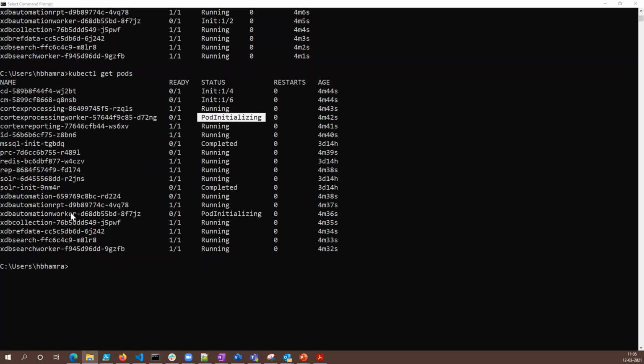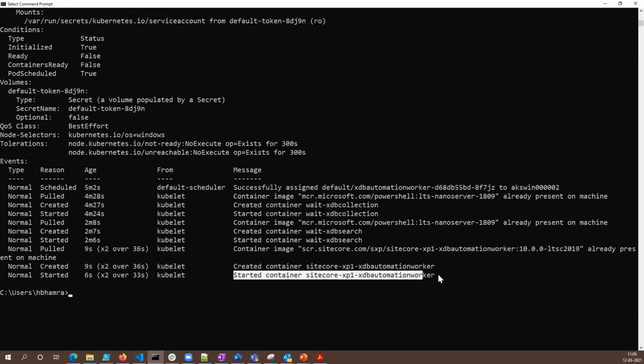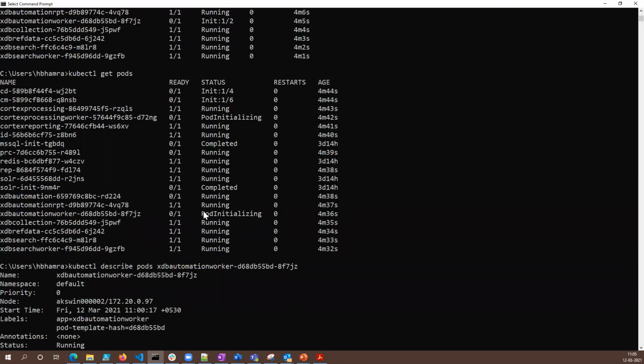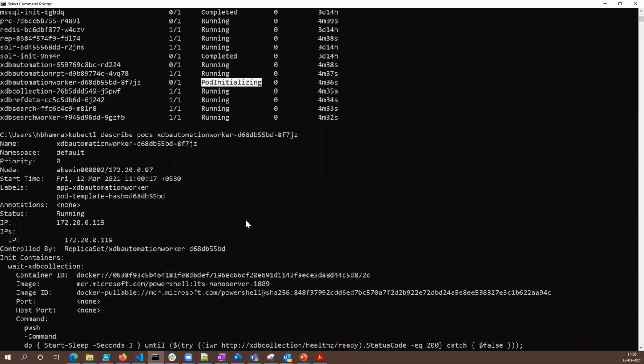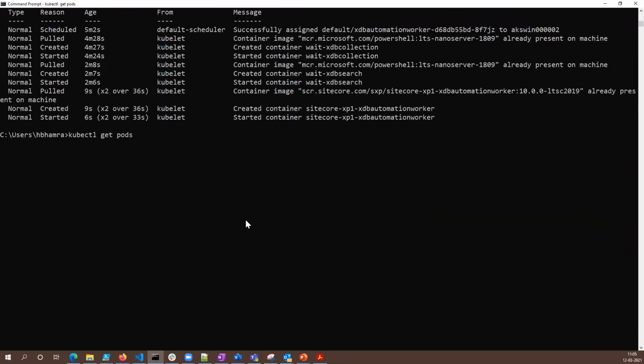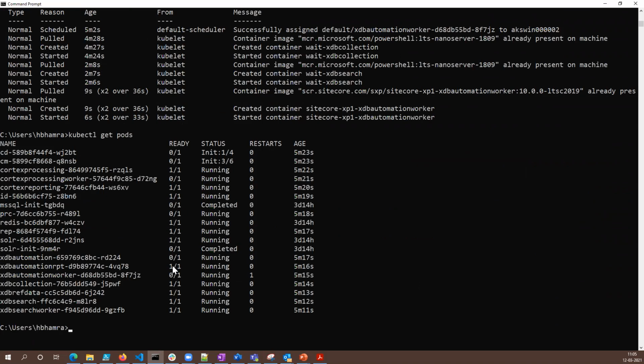You can also go and check the status differently. Okay, the container has started. So earlier, when it was saying the pod is initializing for the XDB automation worker, if you now go and check,